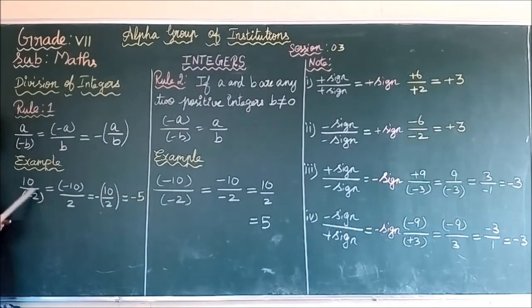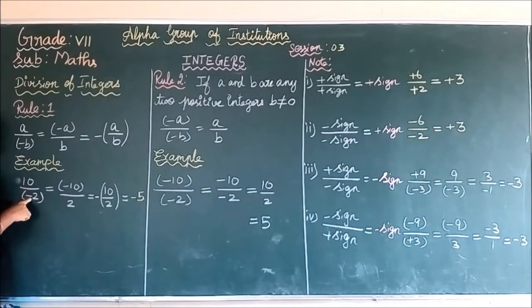See the example: 10 divided by minus 2. Forget this symbol. If you divide 10 by 2, what is your answer? 5. But here you have the extra symbol minus. How are we going to divide 10 by minus 2? Let us see. Now you have to take the minus to the numerator. Before that, what is the symbol for 10? Plus. Plus divided by minus is minus. Later we will see it in the note. Thus this minus goes to the numerator.